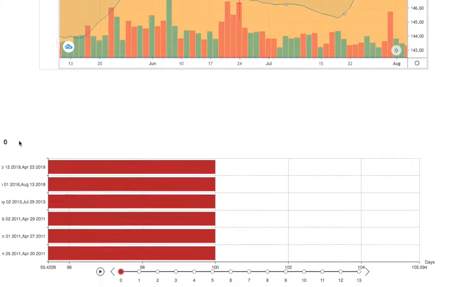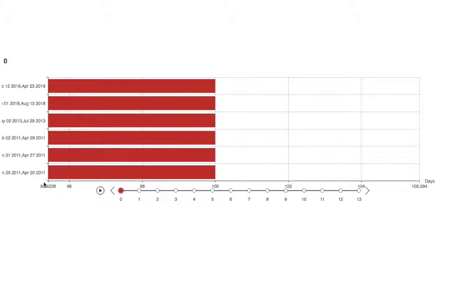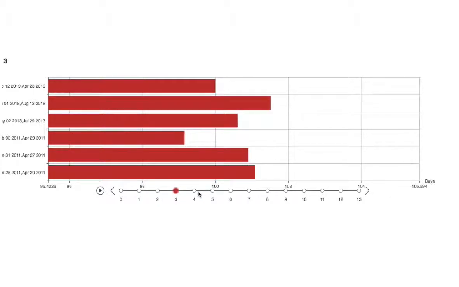So let's check the forecast model. I will go day by day where the Dow Jones, or ETF ticker symbol DIA, will head in the next coming days. We are on day 0, 1 day, 2 days, 3 days, 4 days, 5 days, 6 days,